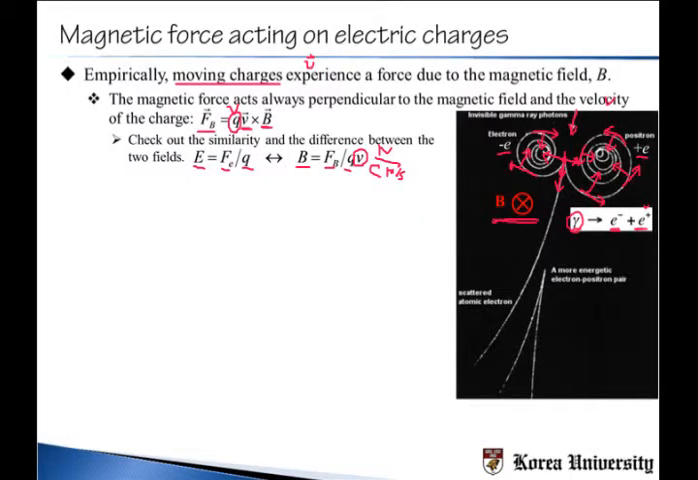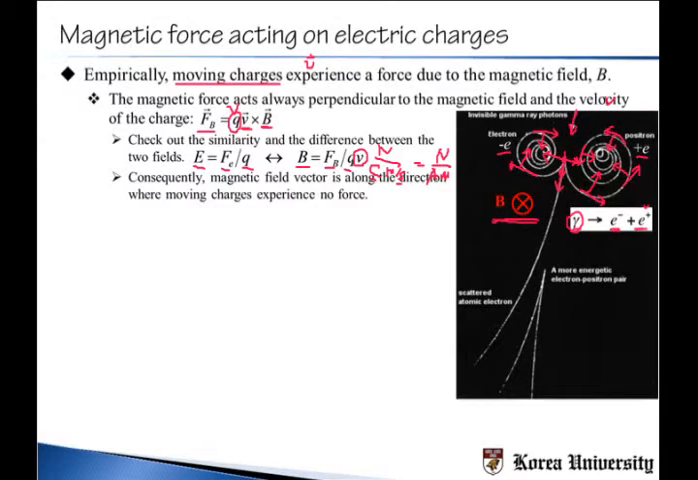Okay, right? And then what is Coulomb per second? That was the current, right? So this is again equal to Newton per ampere meter. Okay. And again, we can also say that the magnetic field vector is along the direction where moving charges experience